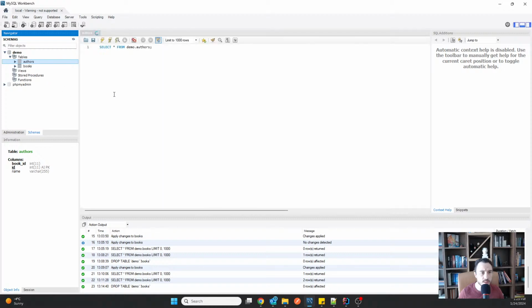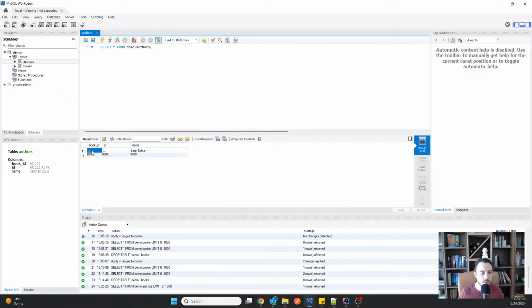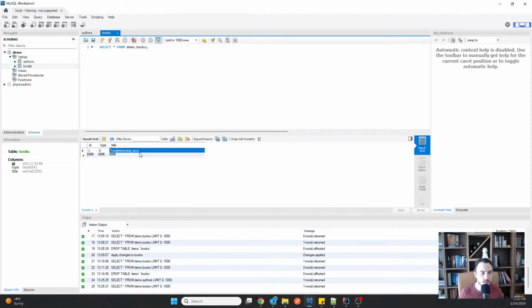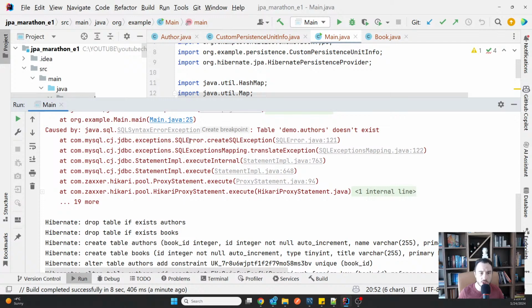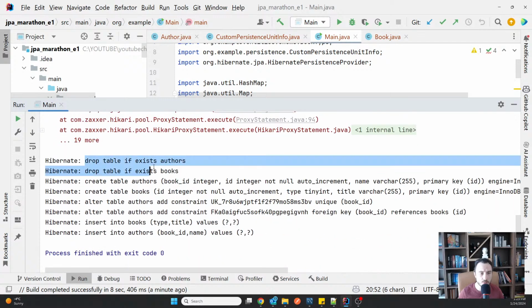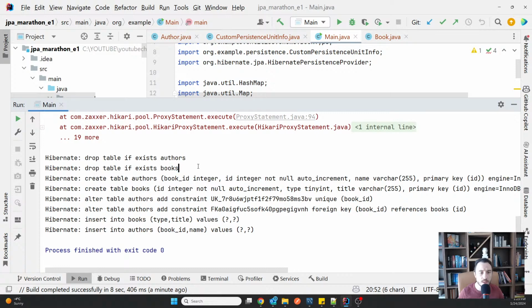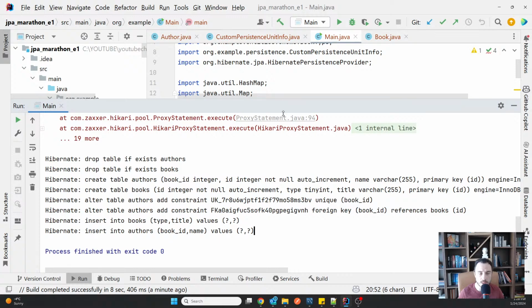I'm gonna go here and see inside. You can see the foreign key there. And in the books, again, you can see this type 0 because I left it as ordinal. So this is only because I changed that and it didn't exist. But then you can see, so drop table authors, drop table if exists books, and then it created both of my tables. It even created a foreign key constraint for my foreign key and a unique key constraint for the primary key, and then it did insert both of the records that I requested. So that's why I ended up.